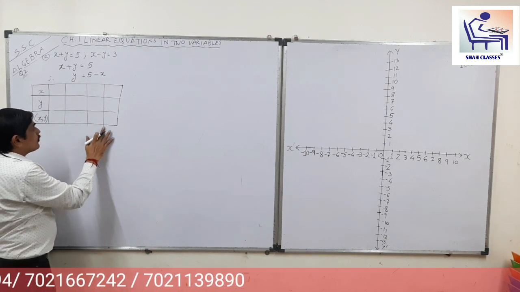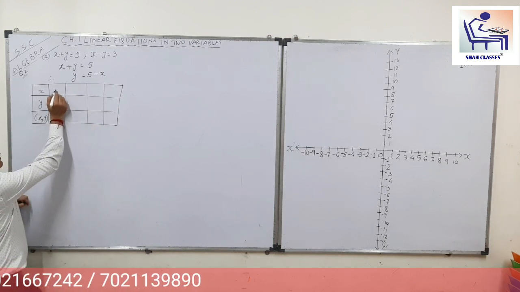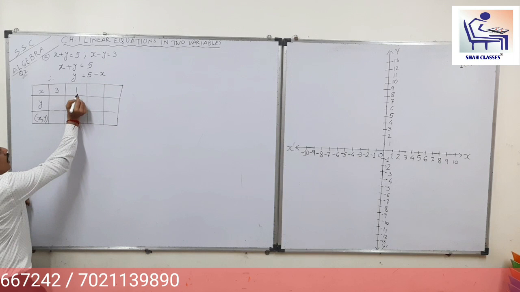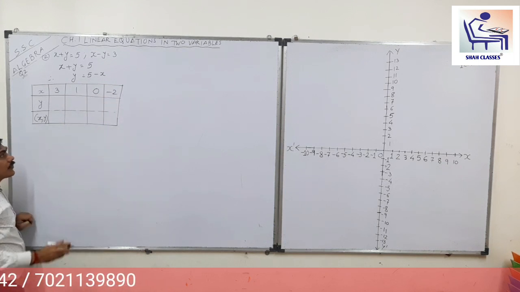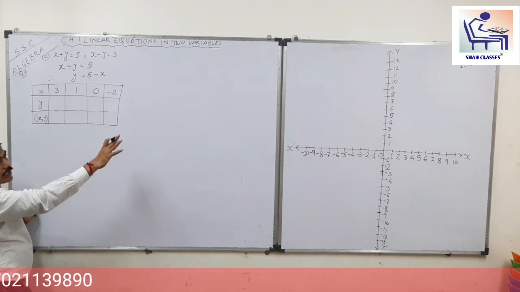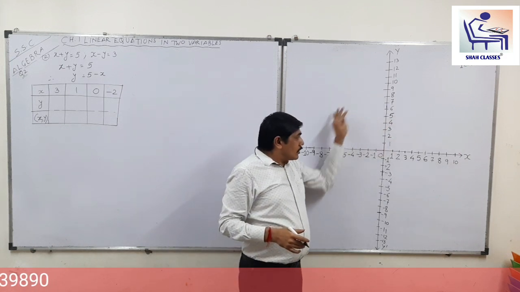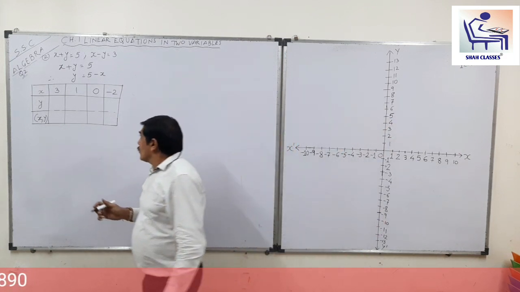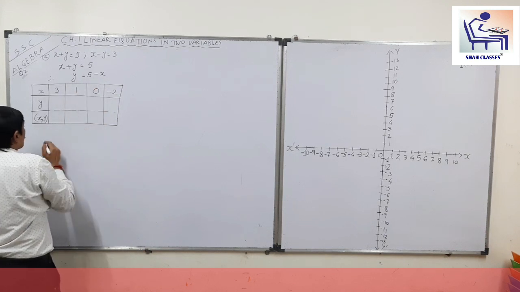We have to assume any 4 values. We will assume here 3, 1, 0, minus 2. Once again I am telling you, take the smaller value so we can accommodate these points in graph paper. So we will find y is equal to 5